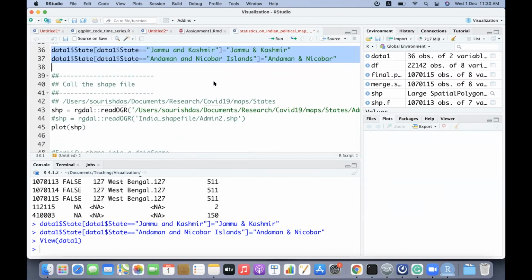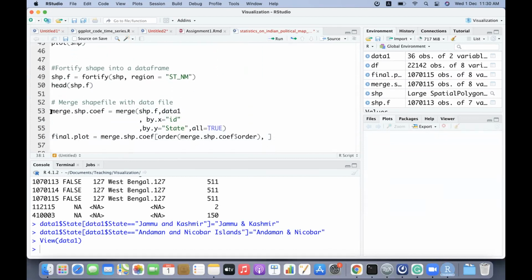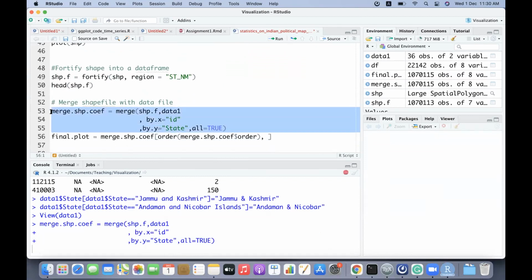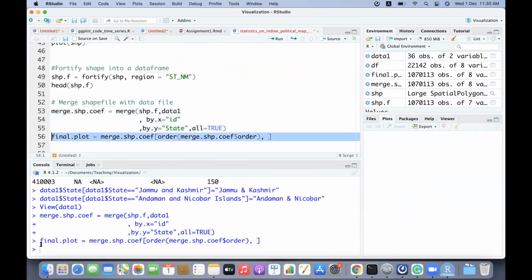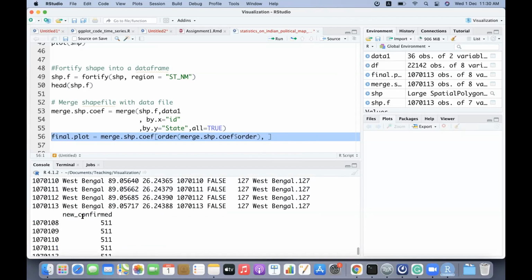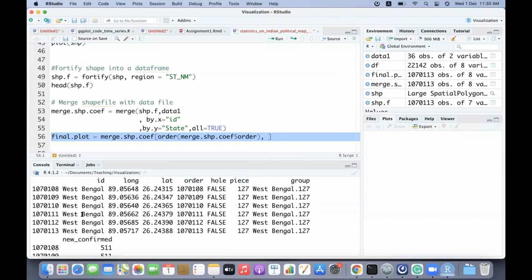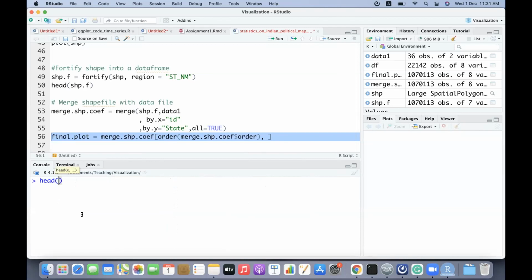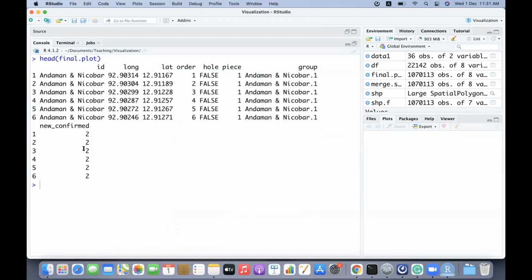Keeping everything the same, I merge the data once more into final plot. Now the tail shows the last state is West Bengal, and the head shows Andaman Nicobar, new confirmed cases 2, and lat long, everything is there. So that means the merging is correct.